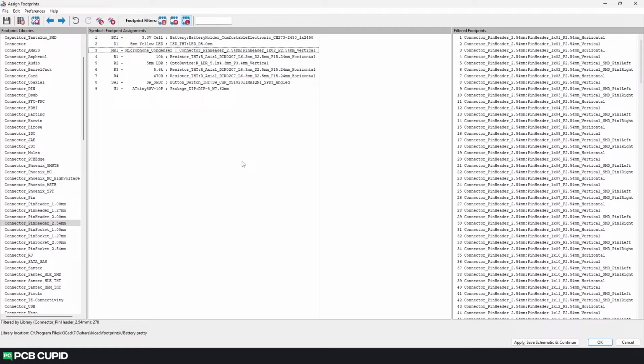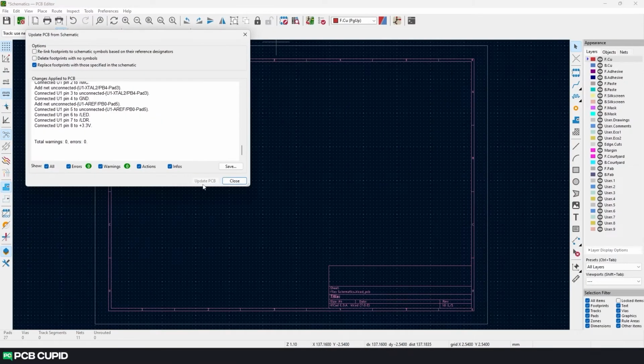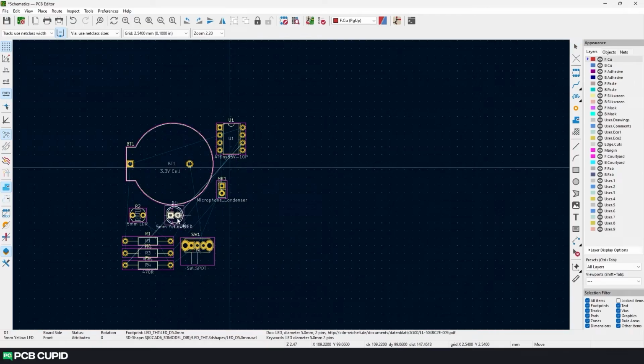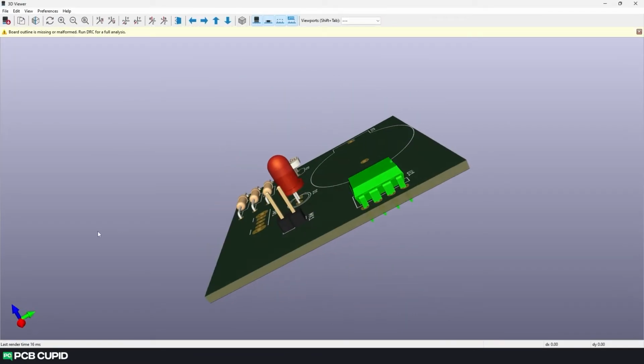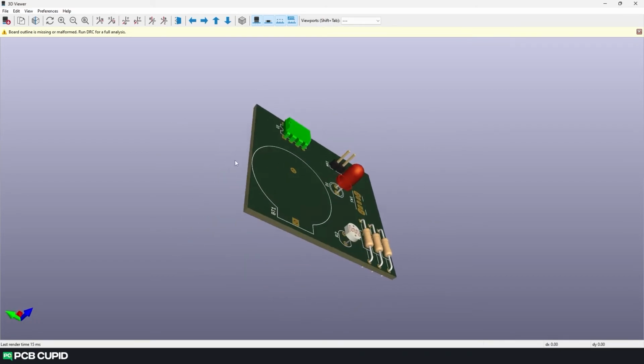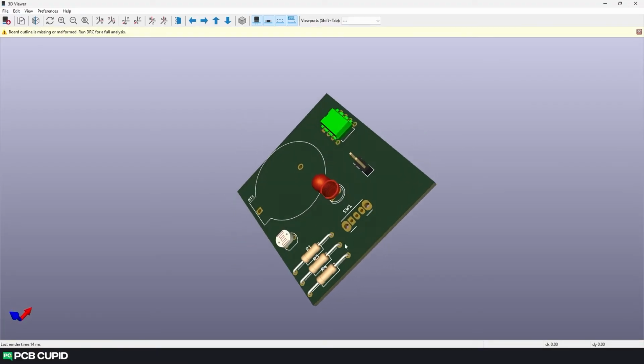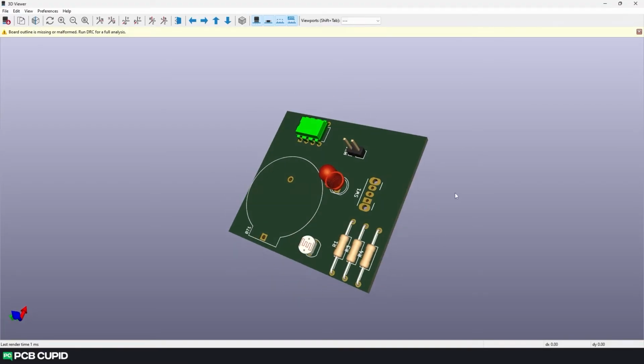Since we have successfully assigned all the footprints to the symbols, we can just apply, save schematic and continue. Once that's done, you can click OK. Now you don't have to follow me, I just want to show in 3D how all the components look together on a PCB. In the next video, we'll see how to use the PCB Layout editor and arrange the components, followed by routing